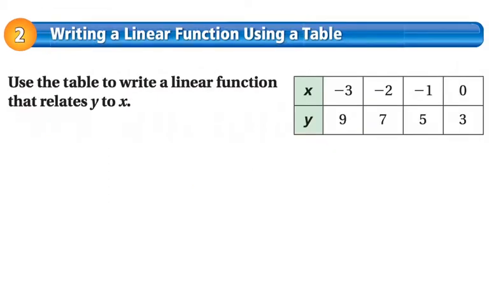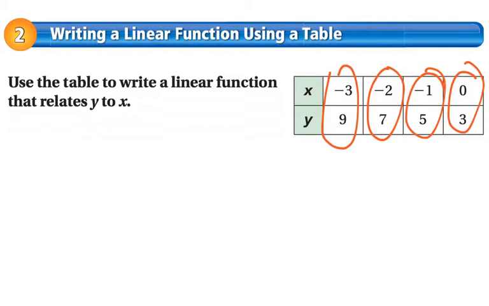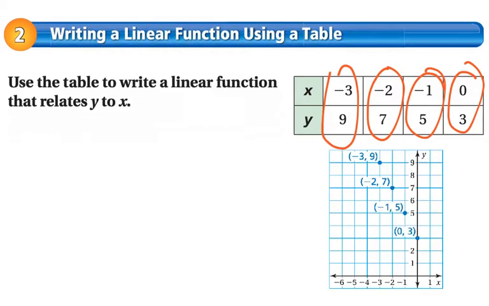Okay, in example 2, we'll hit on our second objective, which is writing a linear function using a table. So to use the table, again, we'll relate y to x, which means we are going to be looking at each one of these columns in this case, and realizing that we have another set of ordered pairs. So what we could do first is go ahead and get a coordinate plane and plot these ordered pairs to see what this actually looks like. Plotting these ordered pairs would give us a graph that looks something like this, and you can tell pretty quickly that these points are indeed on a line together,